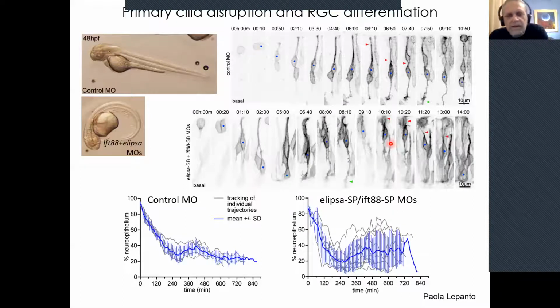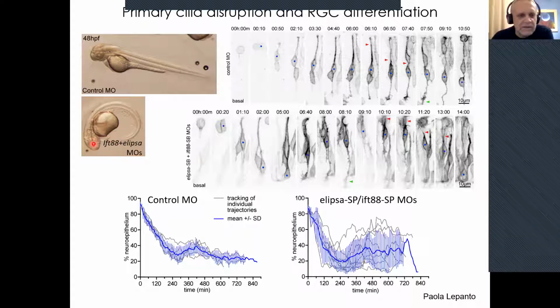Later with Paola, and this is something that actually didn't come out in the paper we published with her. This was her PhD work, and I'm showing just a little part because it's probably relevant for what I'm going to show you later. Trying to disrupt cilia, primary cilia in embryos, there are a set of genes we know that are important for ciliary transport, and they are essential for cilia maintenance and formation. So if we block them, in this case with morpholinos, or the same happens in the mutants, you get this particular phenotype of the embryos, which we can usually call ciliary phenotype,